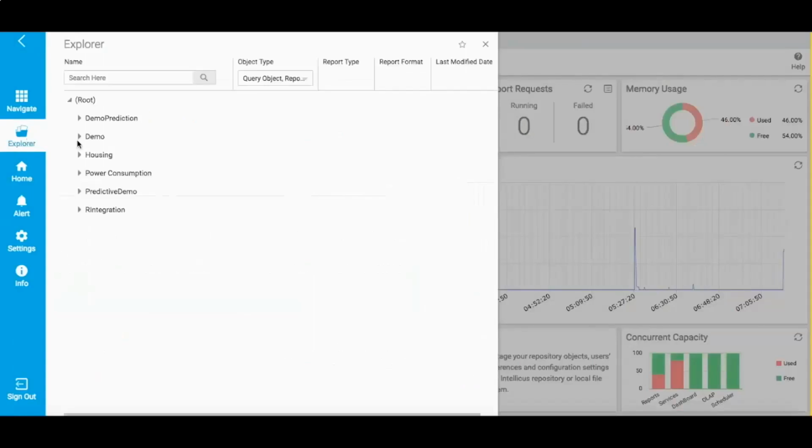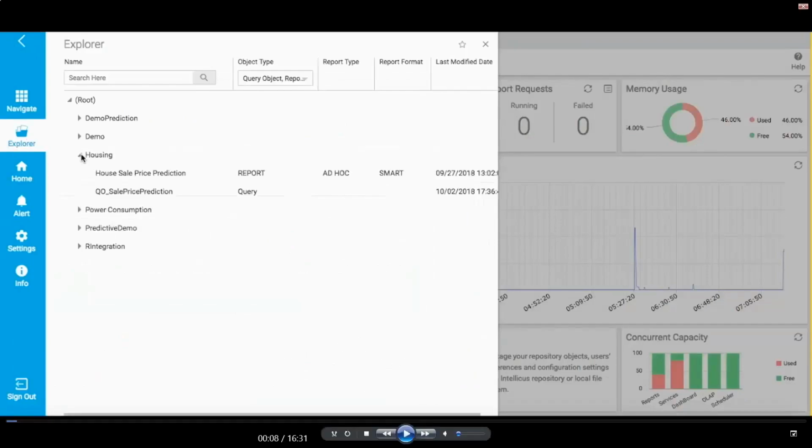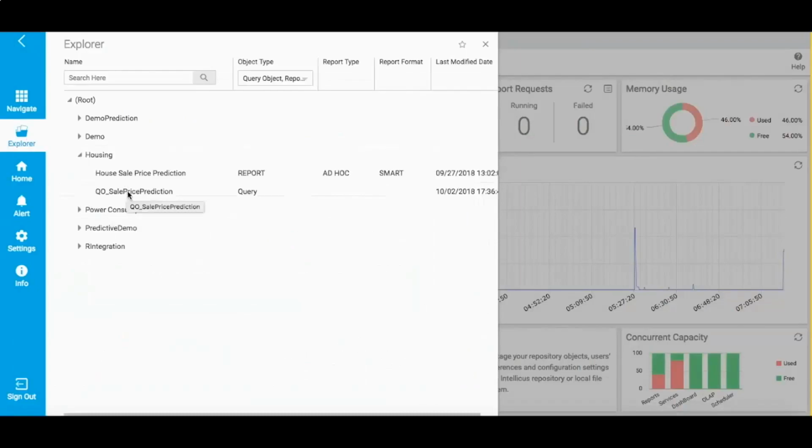So you generally see two types of objects when I open the Explorer. One is a query object, and the other is a report, a visualization report. If we go to the query object, essentially what a query object does is it provides an abstraction layer over the complexity of the data and provides a simplistic layer for the business user. Now the query object is a semantic layer which is workflow enabled. If I just double click to open it.